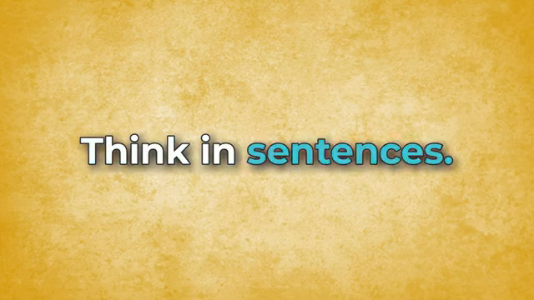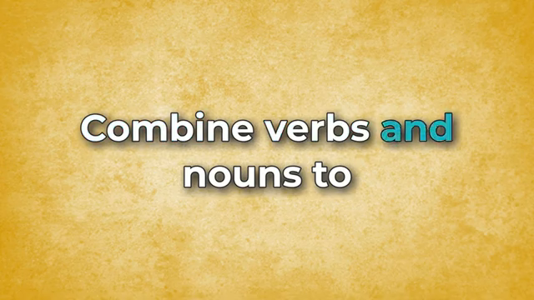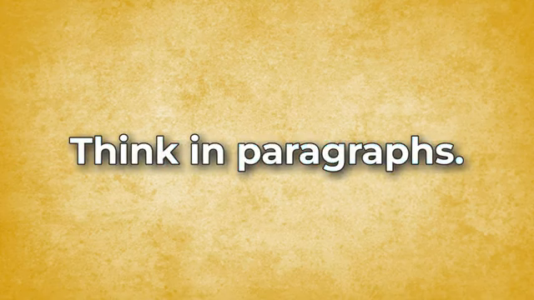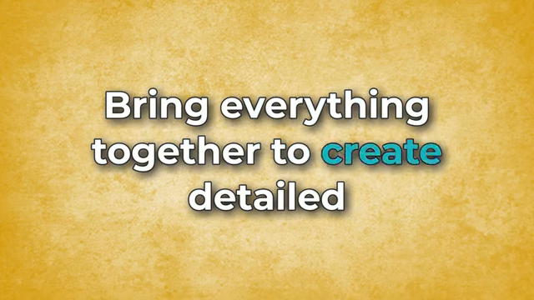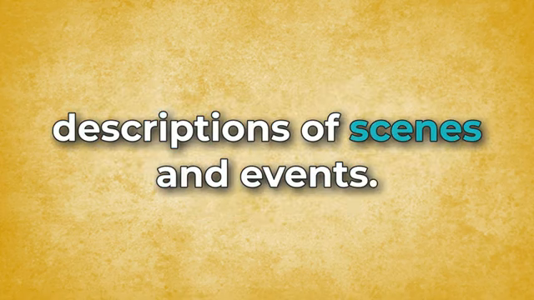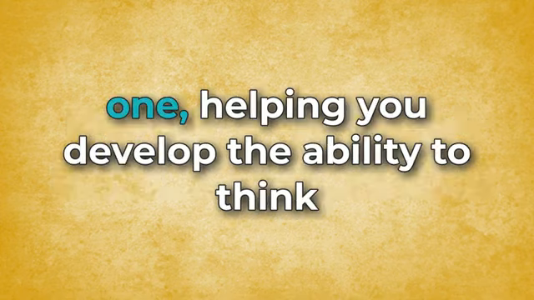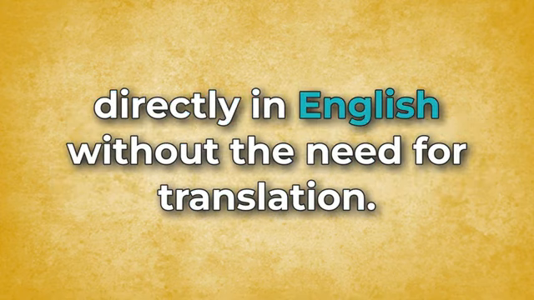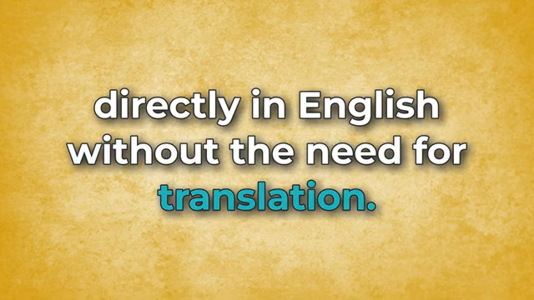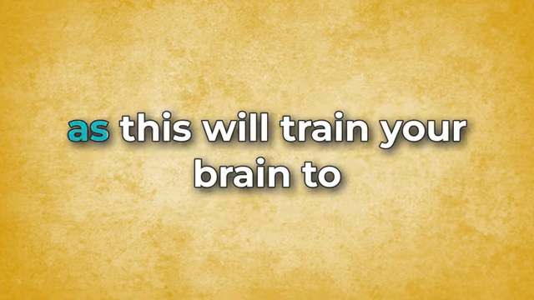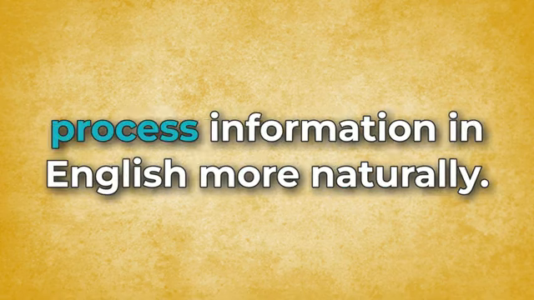Think in sentences. Combine verbs and nouns to form short, simple sentences. Think in paragraphs. Bring everything together to create detailed descriptions of scenes and events. Each of these stages builds on the previous one, helping you develop the ability to think directly in English without the need for translation. It's important to practice each stage regularly, as this will train your brain to process information